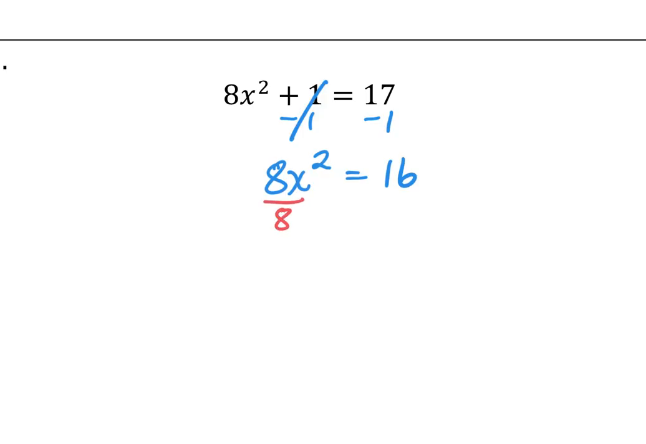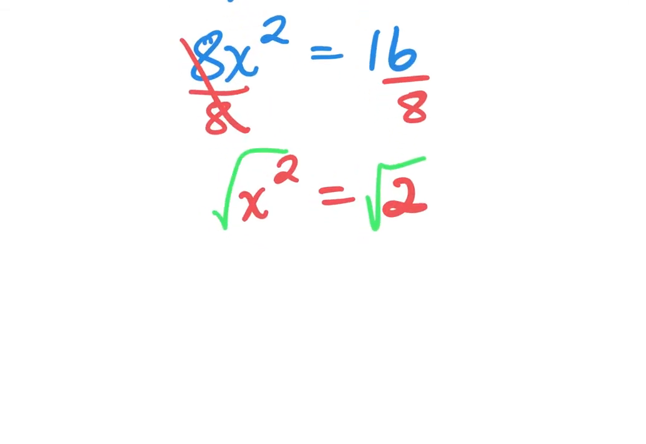Then we will divide by the 8. So that leaves me with x squared is equal to 2. And now that I've isolated the x squared, I can go ahead and take the square root, because the root cancels out the exponent. So x is equal to,